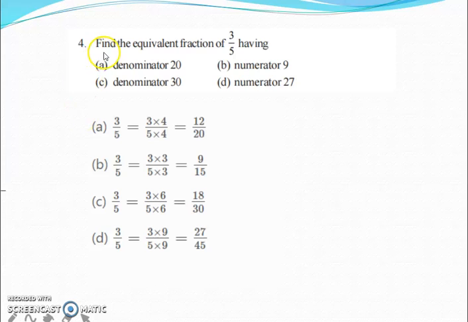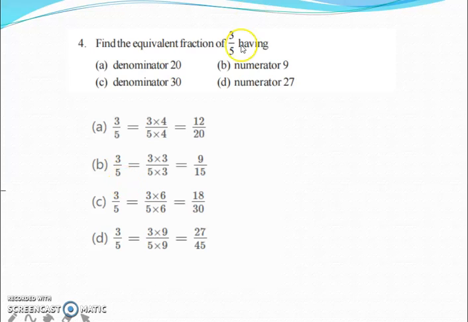So this is also the same as that. Find the equivalent fraction of 3 by 5 having denominator 20. So the fourth one, you see, for all the questions 3 by 5 is the given fraction. So we need the denominator 20 here. Denominator 20 they gave, we have to find the numerator. So look here, 5 fours are 20, same 3 fours are 12. Like this way you have to solve.